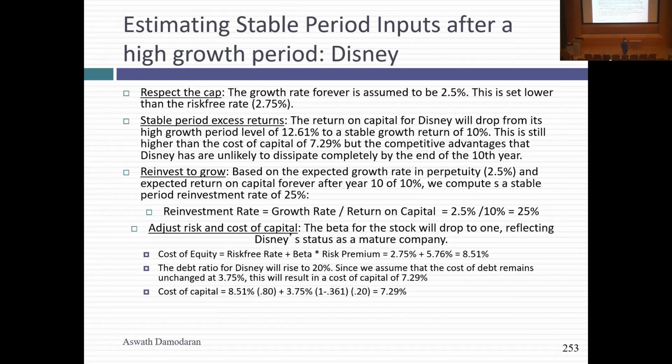Now for Disney, I'm going to wait until year 10 to make them a stable company. But because it's year 10 and things are changing, I have to remember to give them the characteristics of a mature company. So here's what you're going to see. One is, as I go through time and look at the growth rate, I'm going to use a growth rate that is steady state, that I can sustain forever. Right now, I give them a 6.8% growth rate, but I can't leave that growth rate at 6.8% a year forever because it will blow up my valuation.